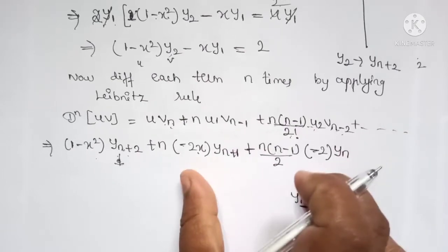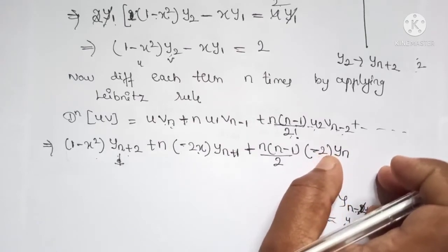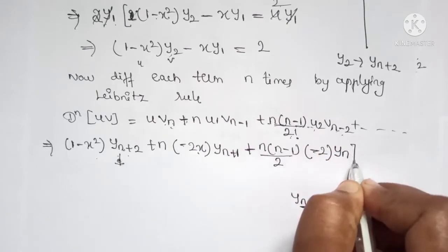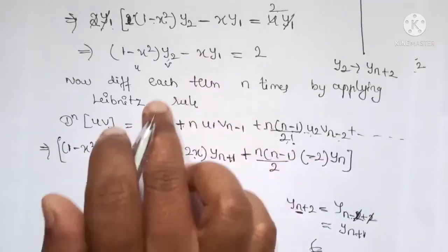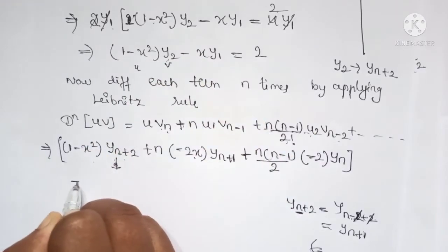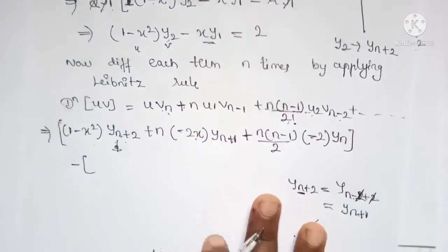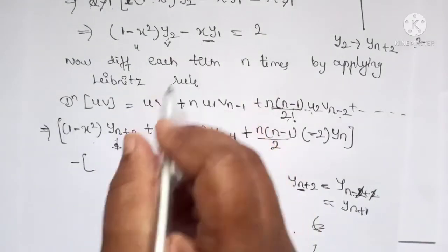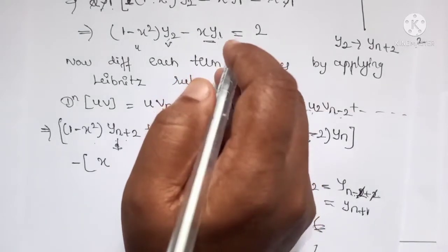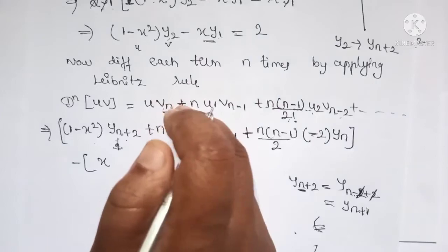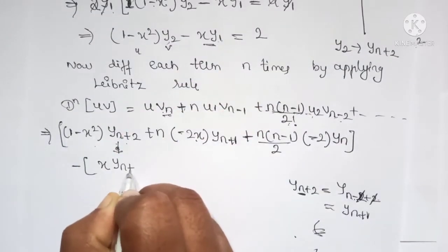Okay, so if I apply the further step we will get 0, because the differentiation of 2 is 0. This is the nth derivative of the first term. Okay, next, minus x into y1. So for this, x as it is, and for y1 differentiation, applying the nth Leibniz rule, the nth derivative of y1 will be yn plus 1, right?